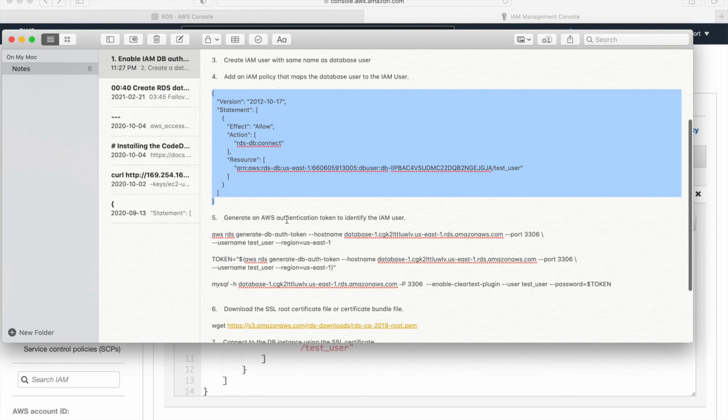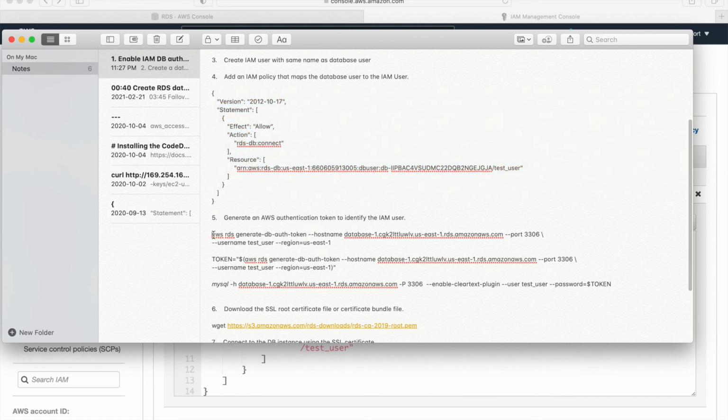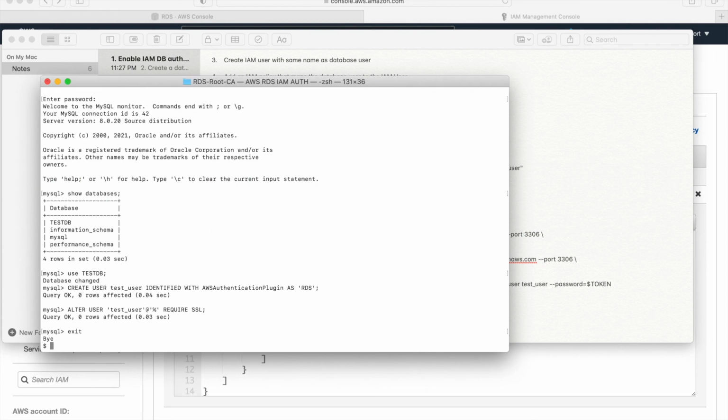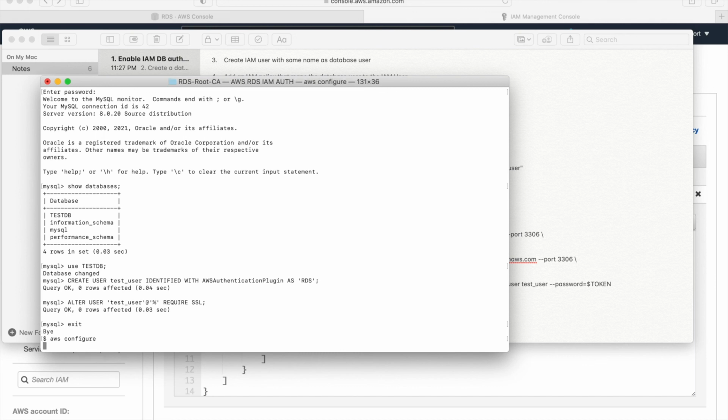Then the fifth step is to generate an AWS authentication token to identify the IAM user. So now from the AWS CLI we want to generate an authentication token. Let me go back and run aws configure. If you have already configured, you do not need to do this.